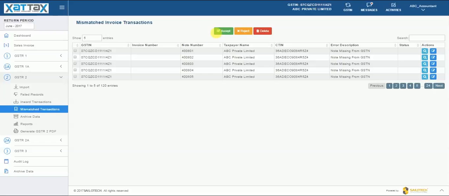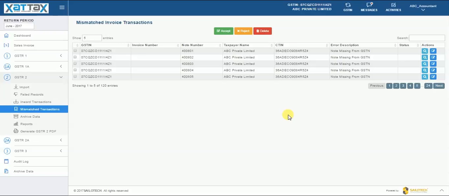1. Difference pertains to the accountant's source system, where he or she has recorded the inward transactions, but his or her supplier might not have reported on the GSTN. The second type of difference could pertain to mismatch due to non-recording of the accountant's transaction in his or her own system versus the transactions reported by the supplier in the GSTN. The third type of difference relates to the mismatch of values.